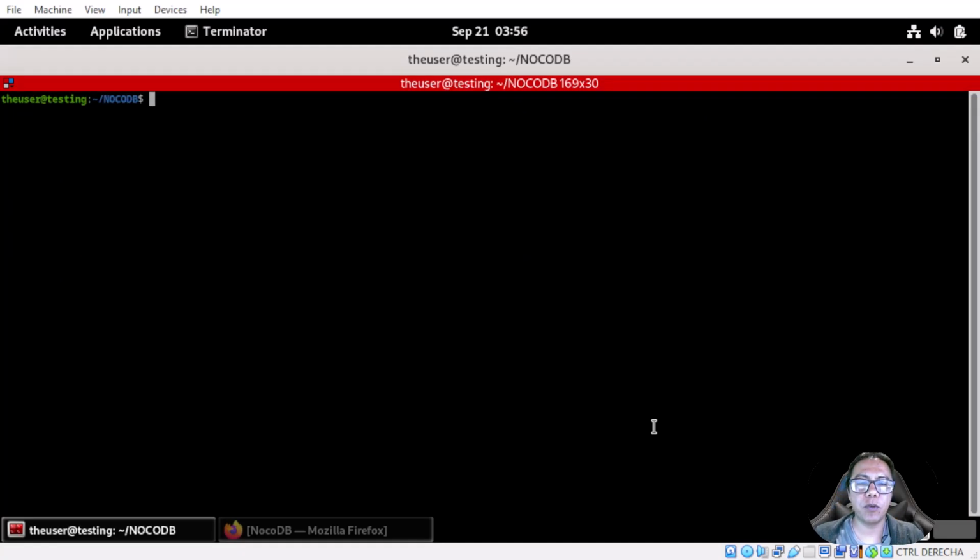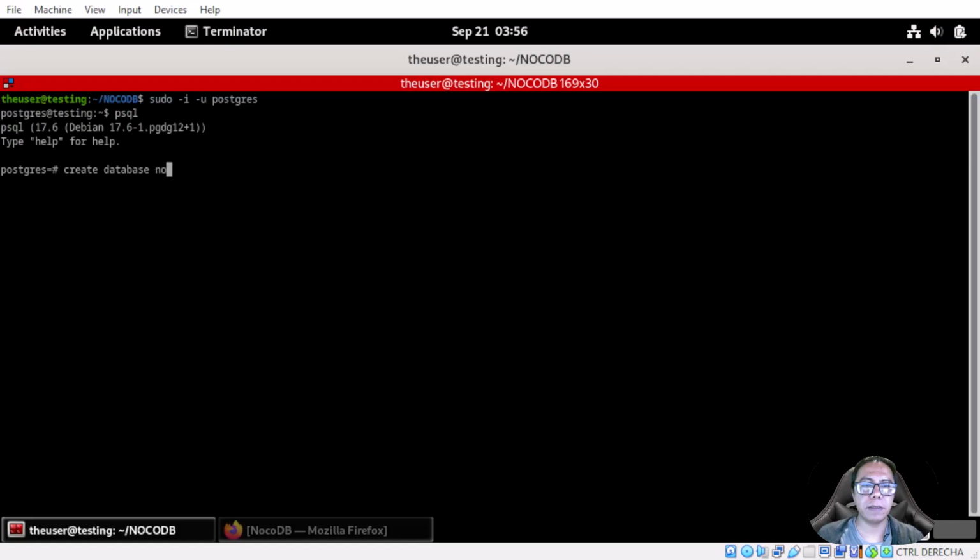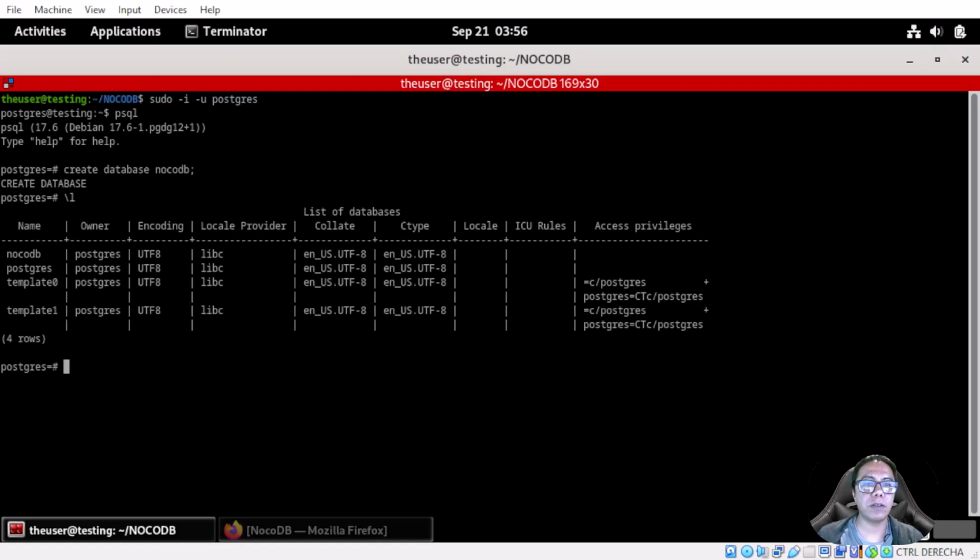Now it's time to configure NoCoDB to use Postgres. The first step is to log in to Postgres and create the database nocodb. Here we can see the list. The nocodb database is already created.